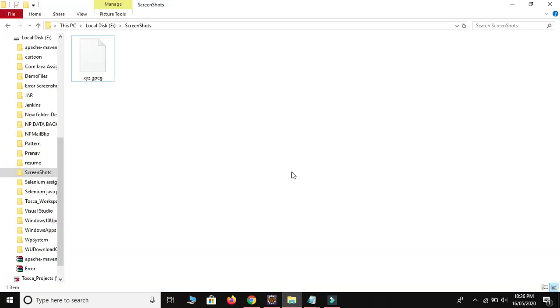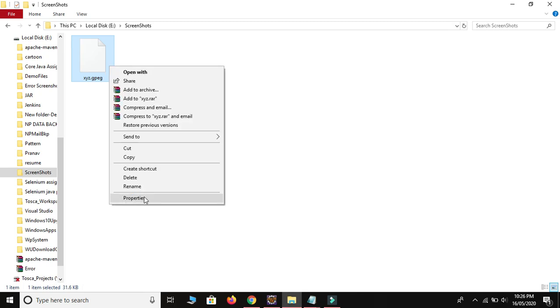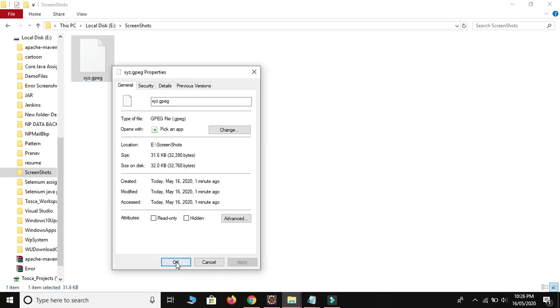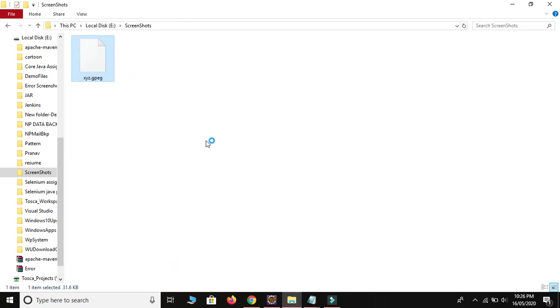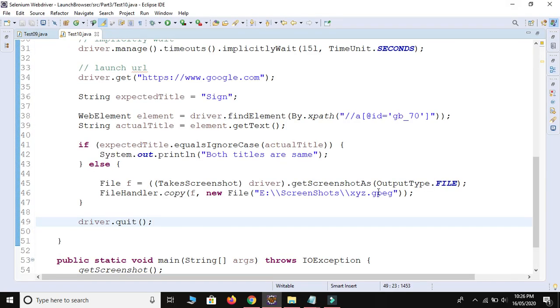Now let me open this one. Okay guys, able to see, this is the screenshot we just captured. Let me see some property. Just right click, properties. So just 1 minute ago. Let me open this one. I wrote jpg, so we need to write jpeg. Just save and run.